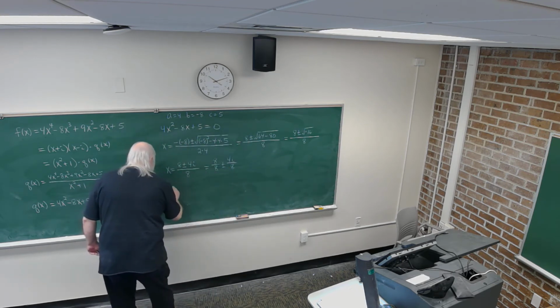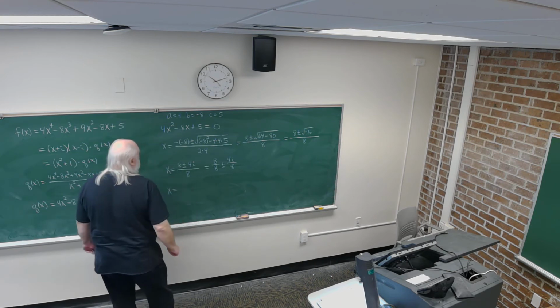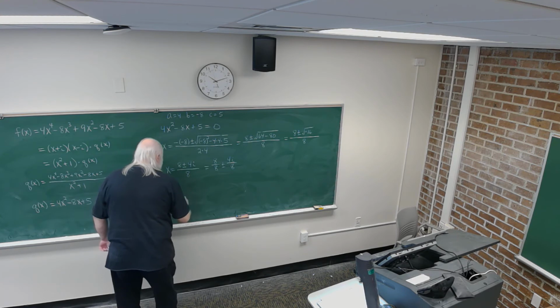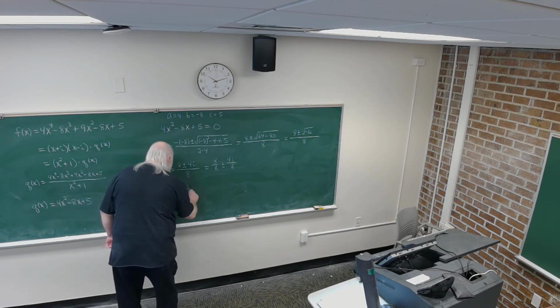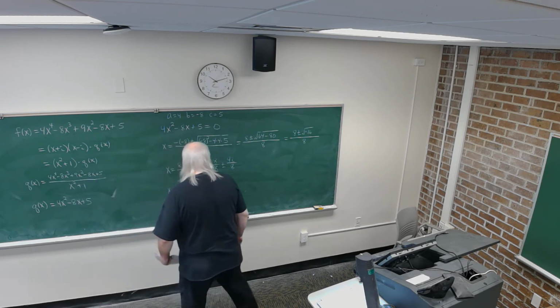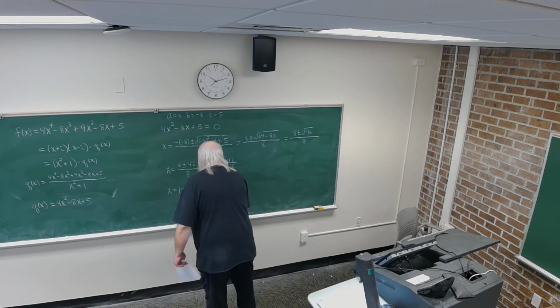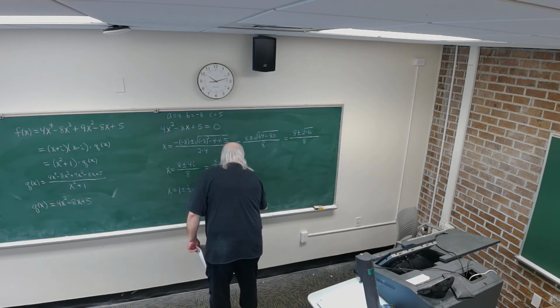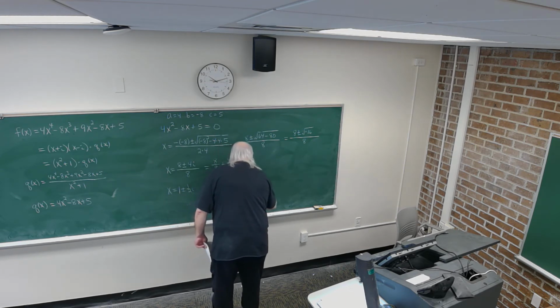So our two additional roots, or additional zeros of our fourth degree polynomial function are x equals 1 plus or minus 1/2 i. So x equals 1 plus 1/2 i and x equals 1 minus 1/2 i